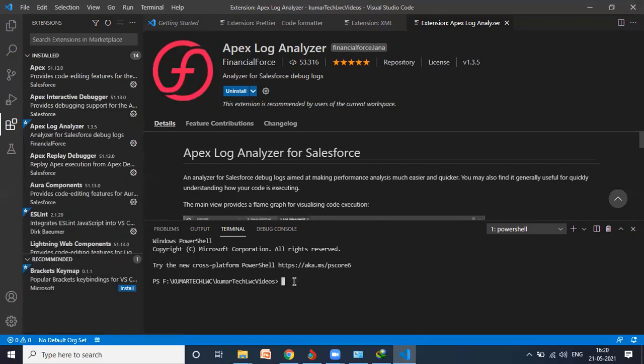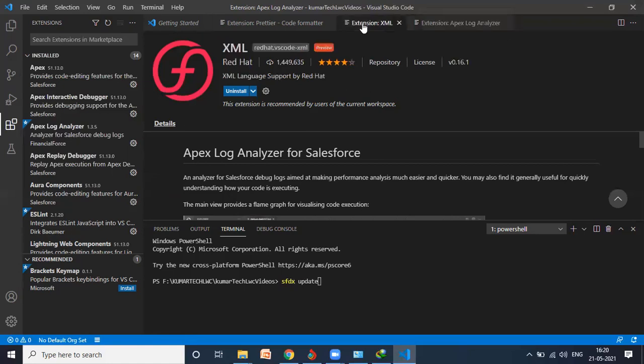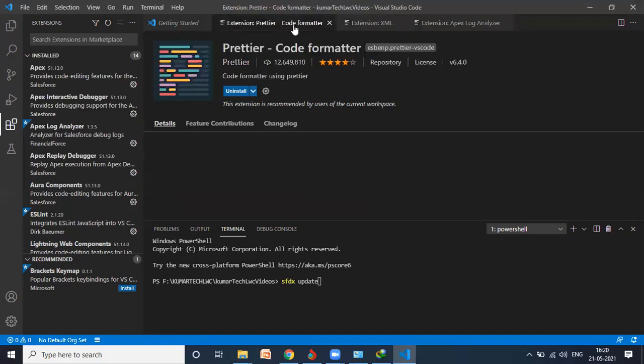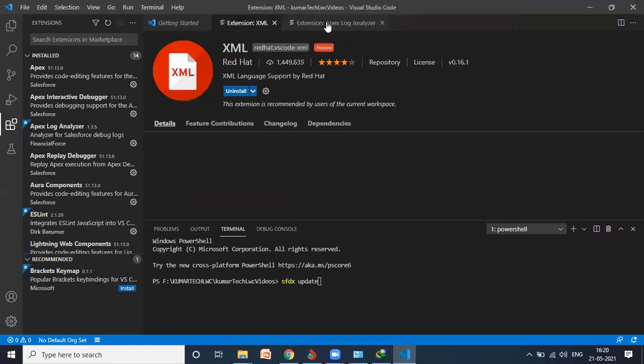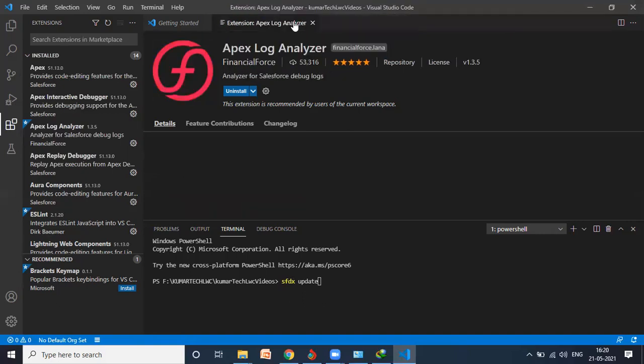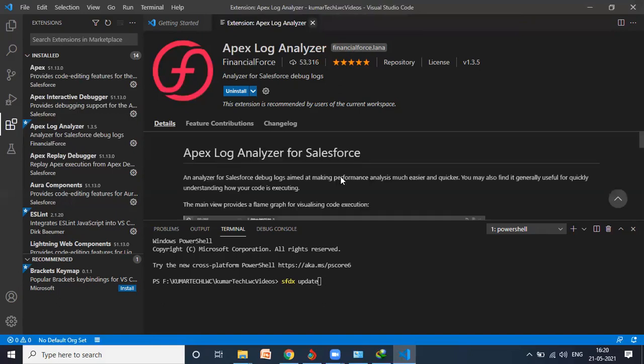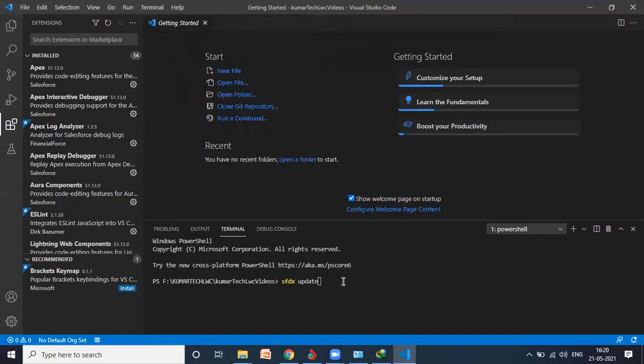What you need to type is sfdx space update. So it will update. Meanwhile, let me check whether all this is installed. Installed. Okay. So let me cancel all this. And just to show you a demo, I will hit this command.